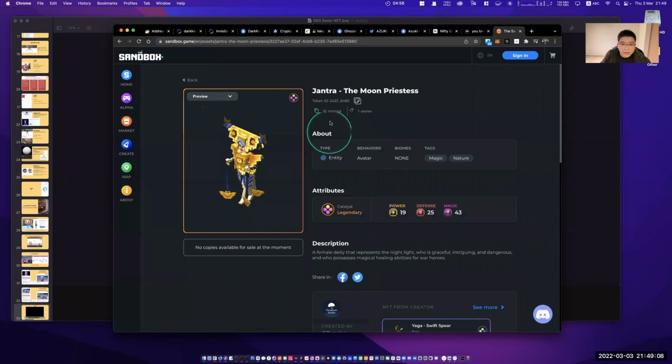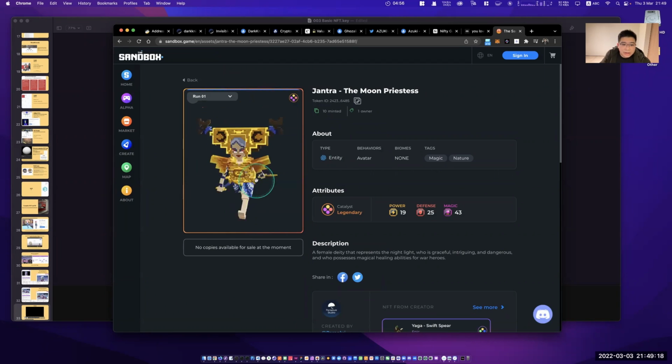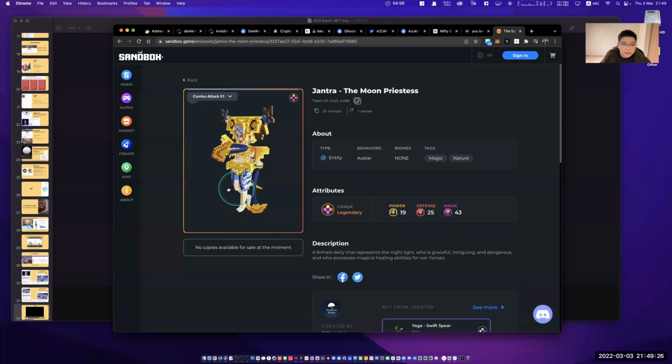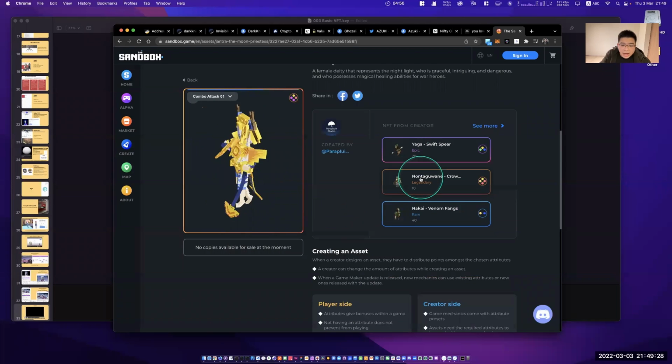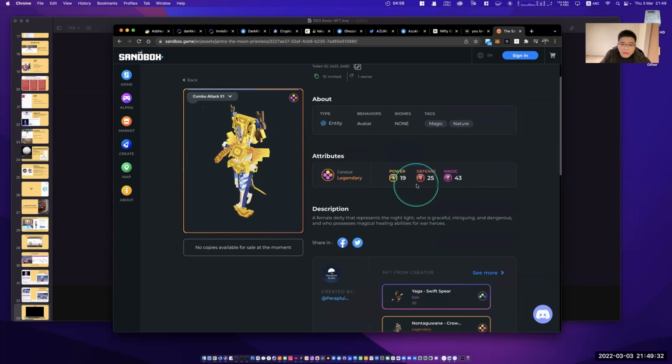You can see that for one NFT, we have a token ID that is unique to this NFT. And you can change the action for this NFT: there is run, maybe dodge, or maybe attack. I think there are abilities as well, for power, defense, magic, or something.